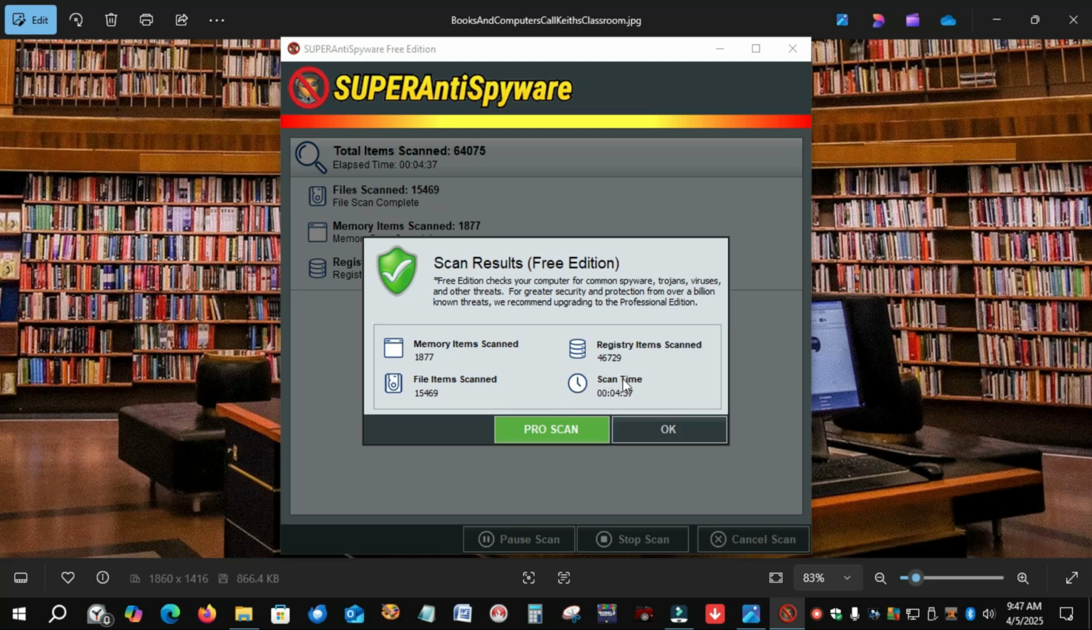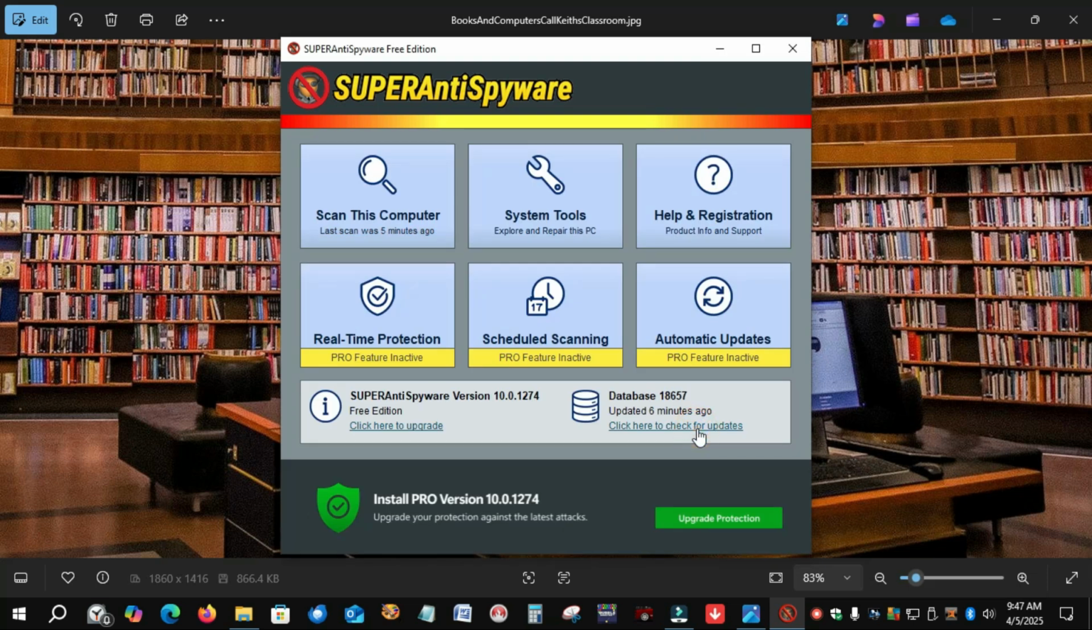If it found anything, this would say continue, and you would click continue. Then it would come to another screen and you would click continue to get rid of the spyware. But in my case it did not have any spyware, and so you click OK, and it takes you back to the beginning. This is the beginning. Okay. Another thing that you want to do is